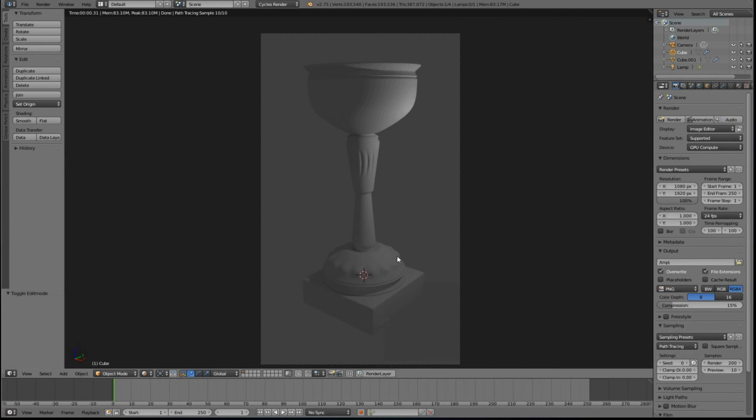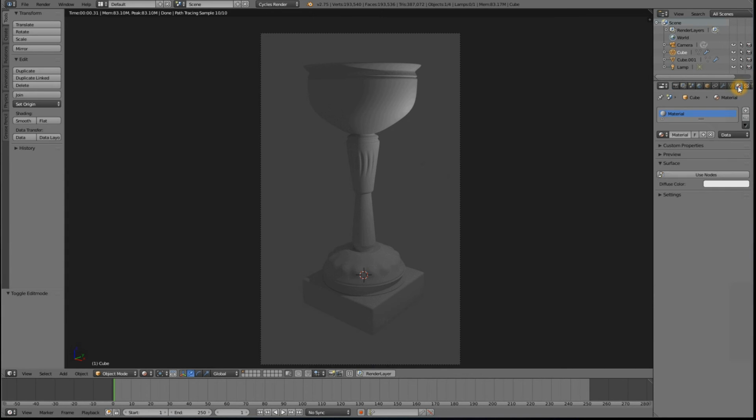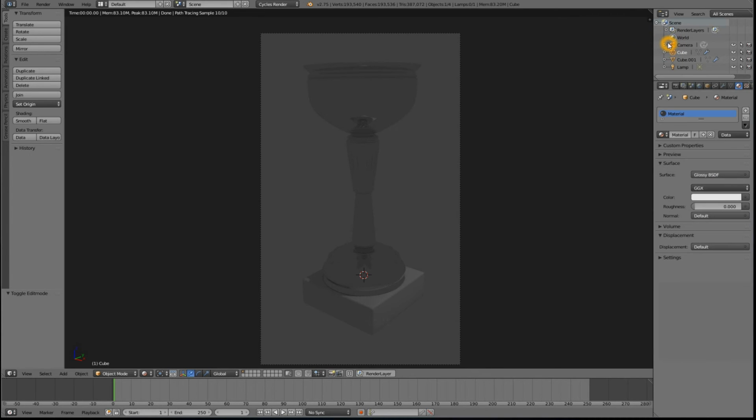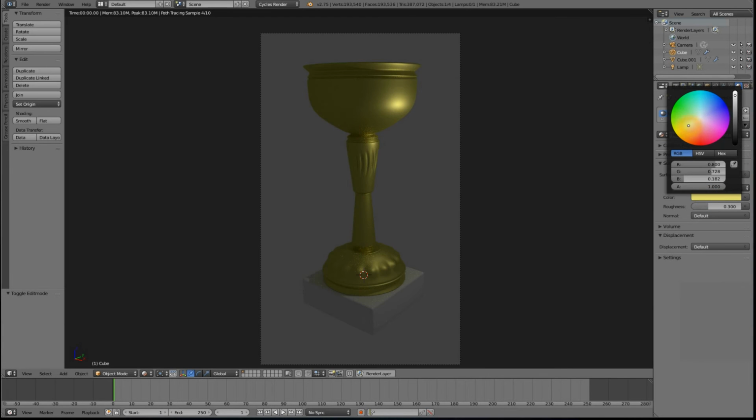Okay, now that we have all the modeling done, we can proceed and make those materials. Select your cup, which is called Cube in my place, and use nodes. Change the surface from diffuse to glossy, and make the roughness something like 0.3. Now change the color to somewhat gold,